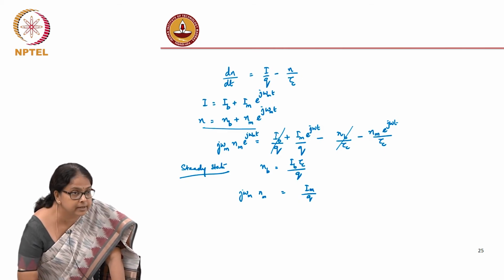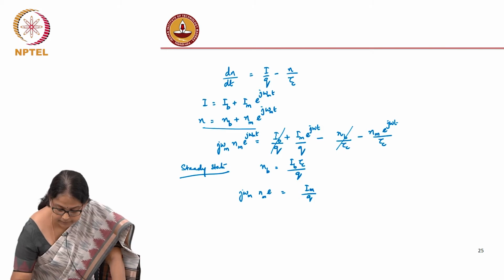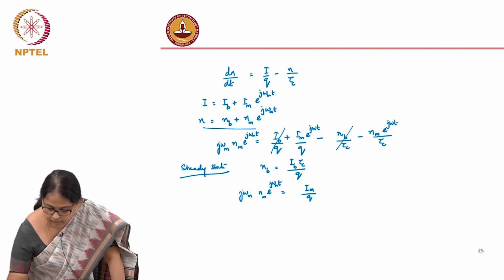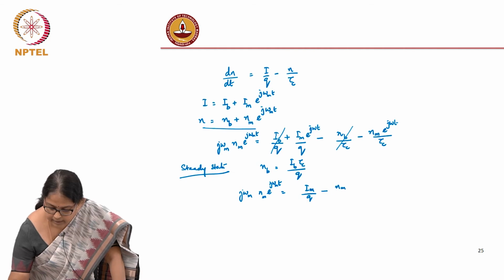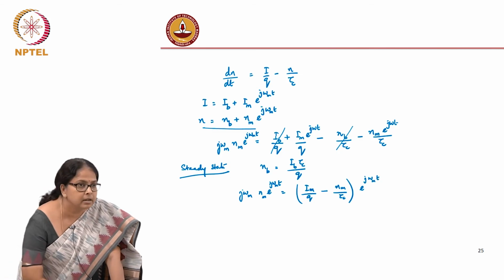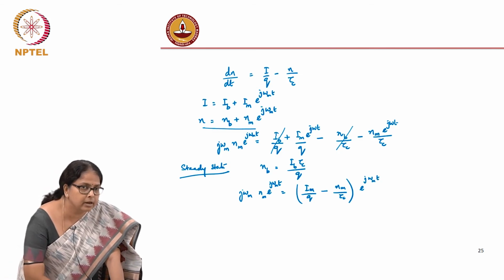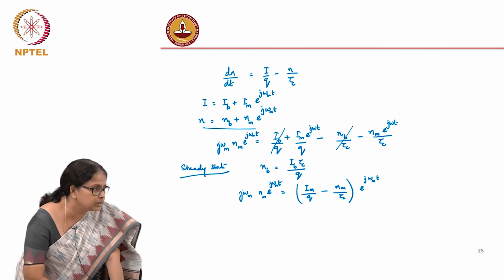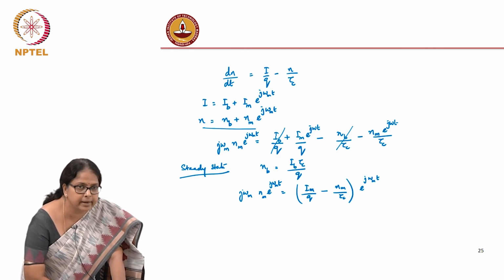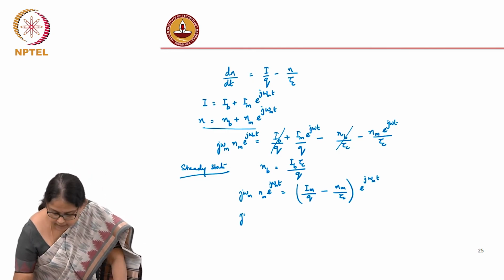When you do a differentiation, you will have an e power j omega mt, minus Nm by tau c, both multiplied by it. Which means that in the phasor I can now equate the amplitudes because the phasor on either side is e power j omega mt. So I can say that j omega m Nm is equal to Im by q minus